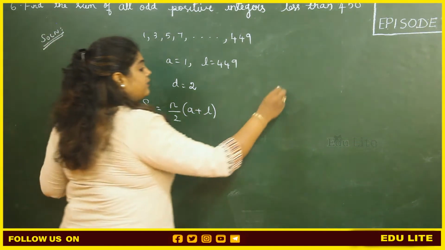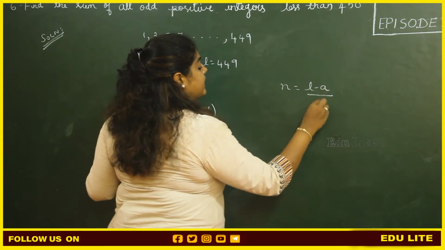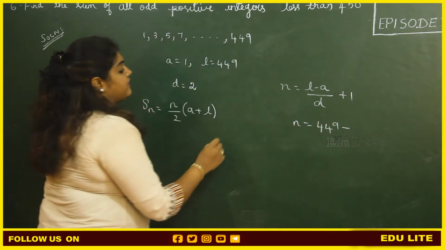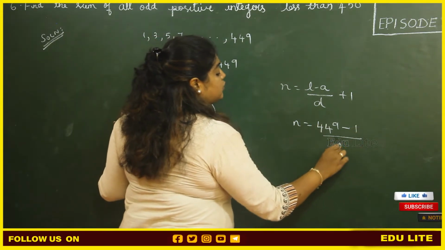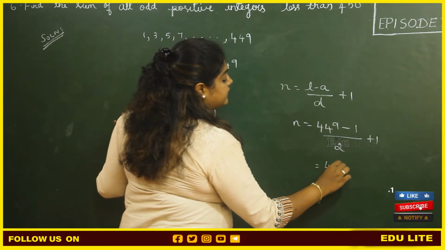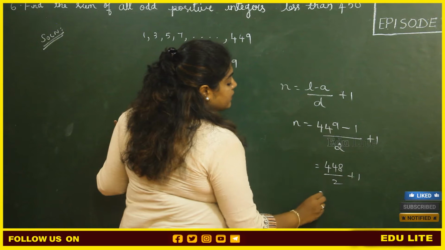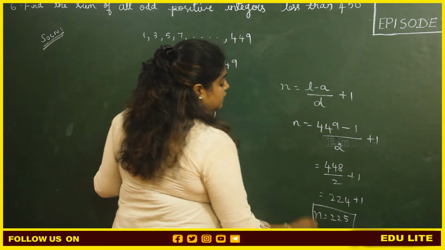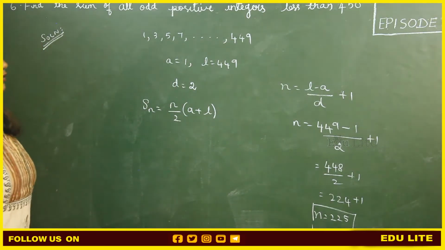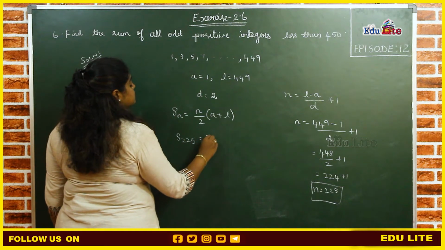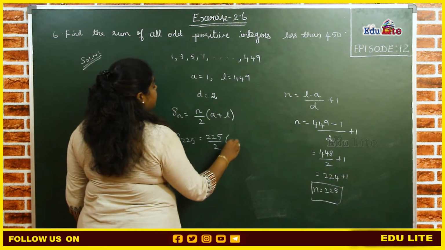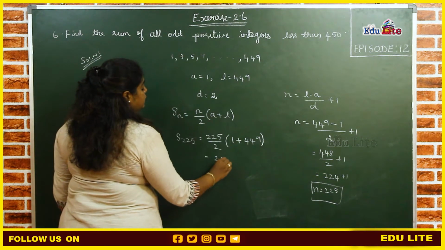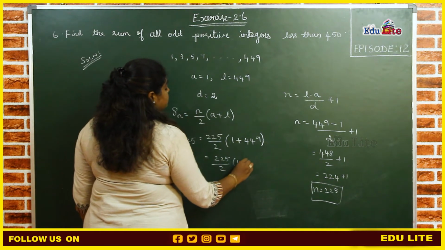For finding the value of n, let us use the formula (L minus A) by D plus 1. n equals L value 449 minus A value 1, divided by 2, plus 1. It is 448 by 2 plus 1, so n equals 225. Now we will substitute: S225 equals 225 by 2 into (A value 1 plus L value 449), therefore 225 divided by 2 into 450,